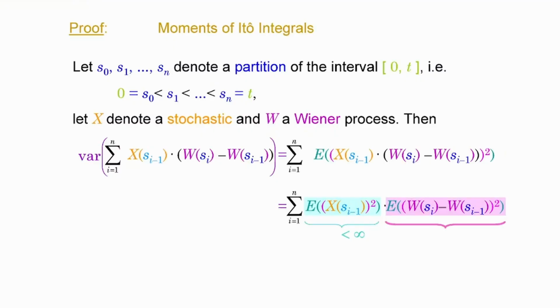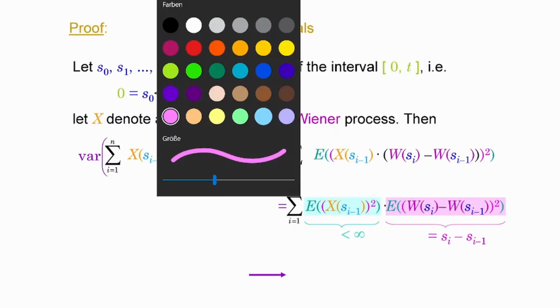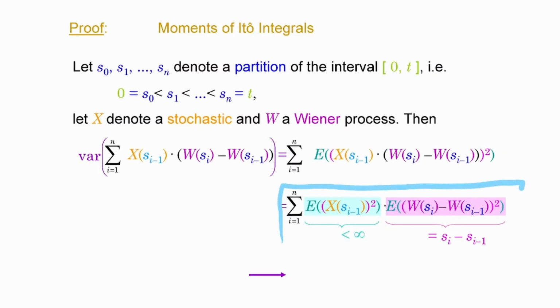Now, this is the variance of the increments of the Wiener process, because the expectation of its square is equal to its variance. And the variance is s_i minus s_{i-1}, which is actually positive. Now, this is interesting, guys, because this expression is going to be the Riemann sum of this function here. You see? s_i minus s_{i-1}. These are the increments of time.